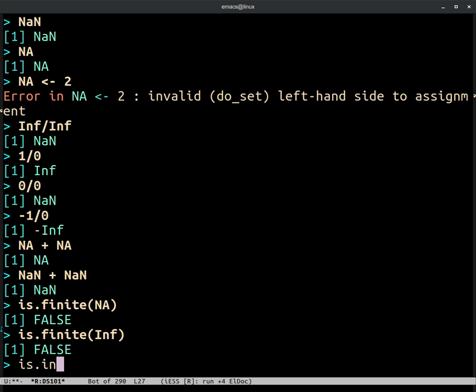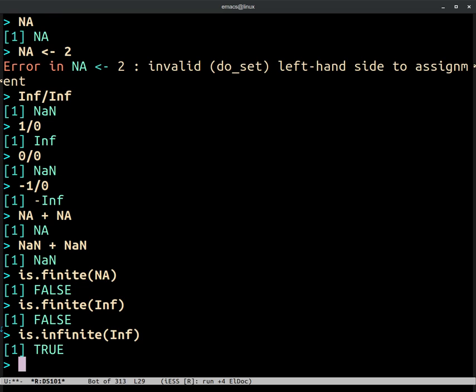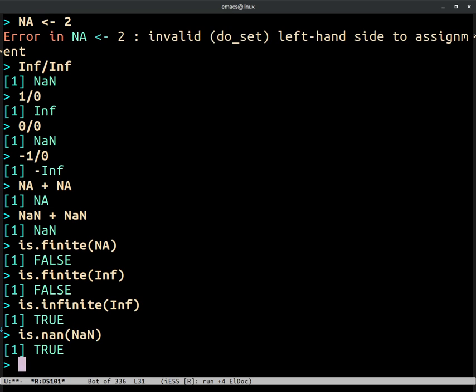We could check if this function works at all. There's also a function called is.infinite, and if we put that in, we get true. So Inf is considered to be infinite. Likewise, we have is.nan, is this not a number or not? So let's try it with NaN. And you notice NaN is not a keyword. It sounds the same, but the keyword is N, big caps, small caps a, and big caps N. And this is true.